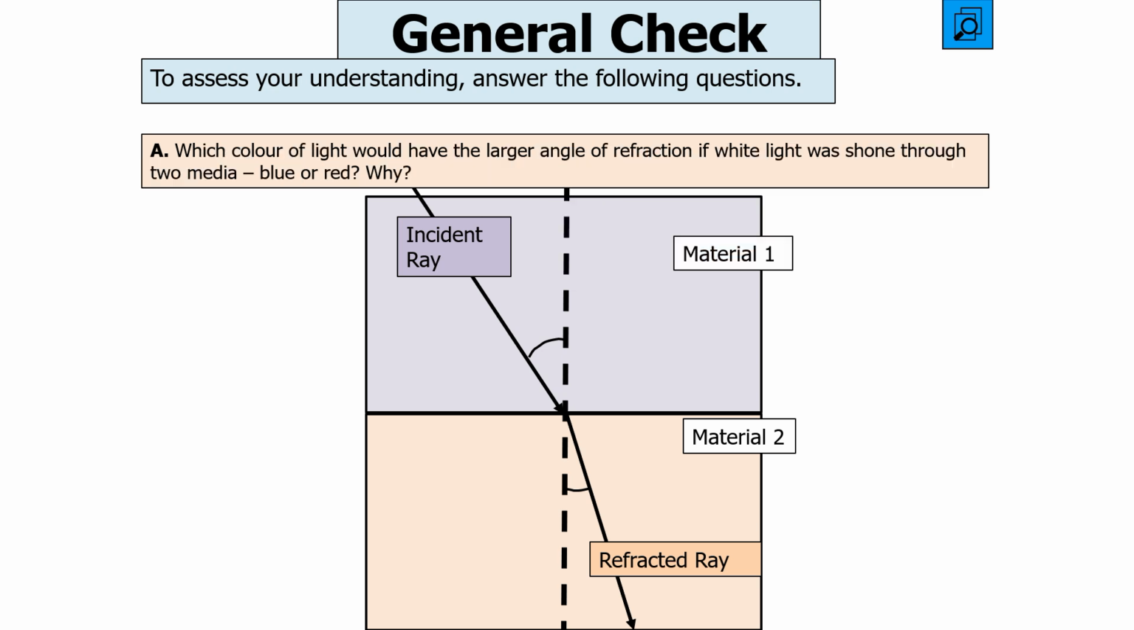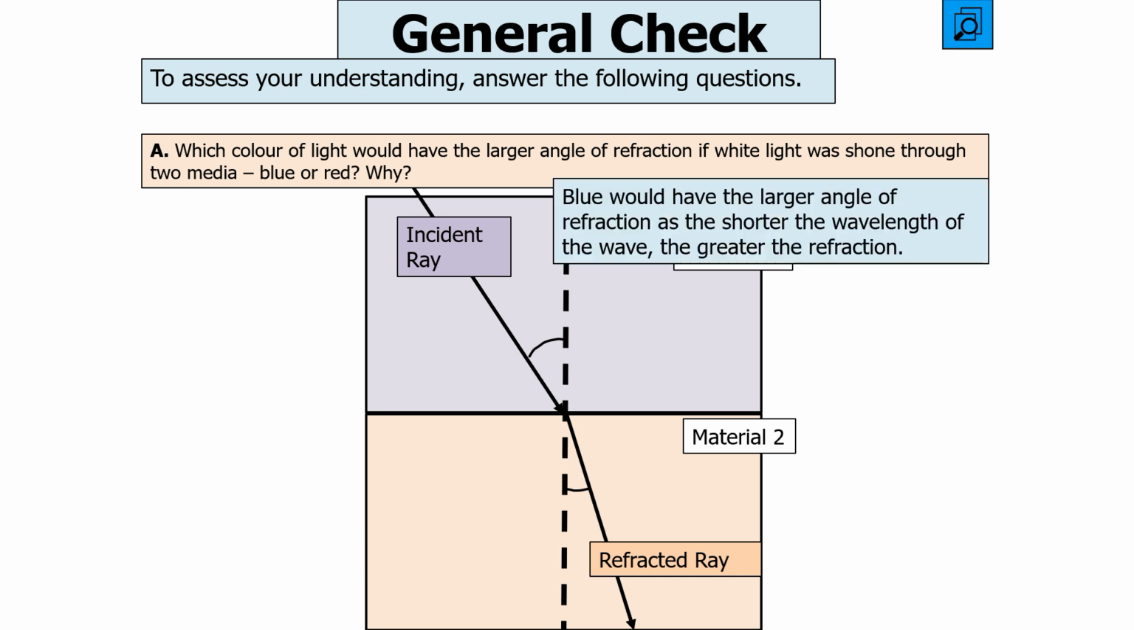Which colour of light would have a larger angle of refraction if white light was shone through the two media, blue or red, and why? So pause the video now, then unpause the video when you want to go through your answers. Blue light would have the larger angle of refraction as it has the shorter wavelength, giving the greater